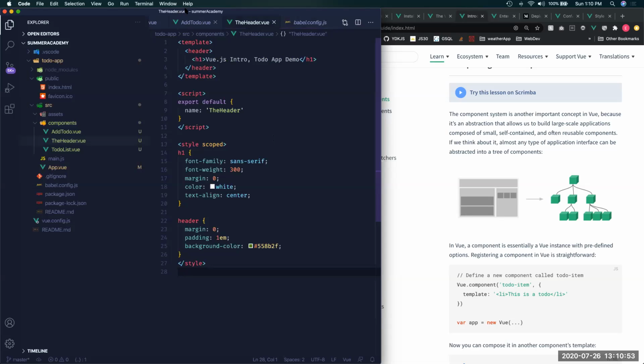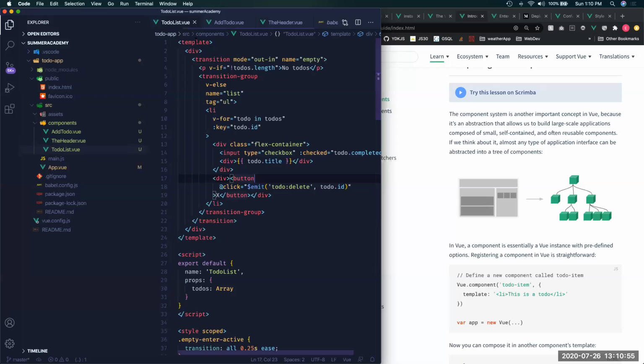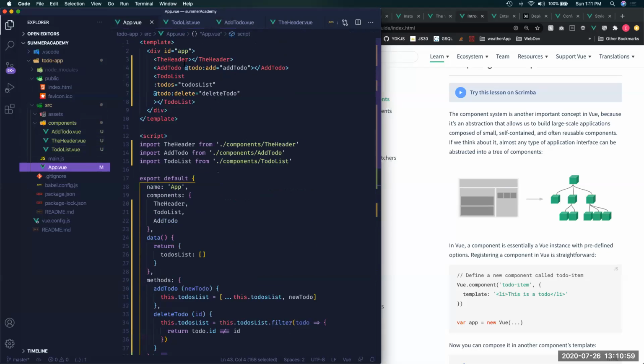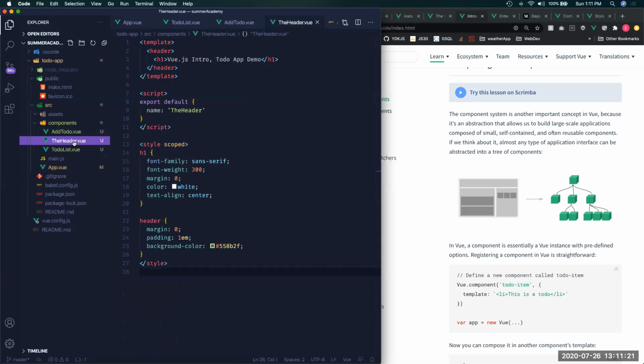What's usually done is you have your app. For example, we're going to have a ToDoApp. Here we have the header component, the add to-do component, and a to-do list component. All of them are within the components folder here, and every single one is responsible for its own function. So for example, I have the header component, which is displaying